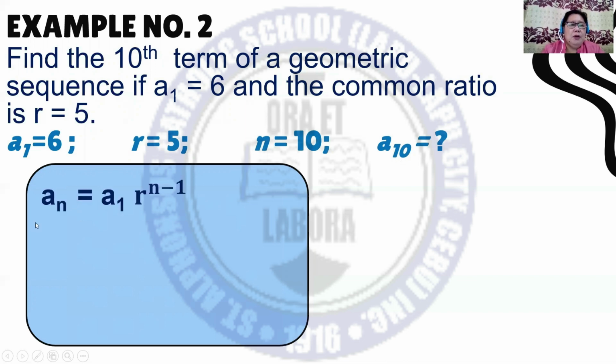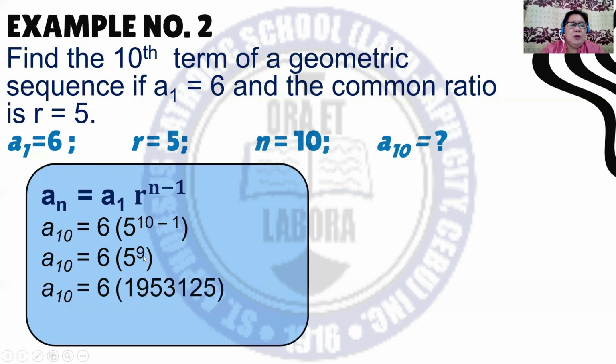So using the formula, a sub n is equal to a sub 1 times r raised to exponent n minus 1, a sub 10 is equal to 6 times 5 raised to exponent 10 minus 1. So a sub 10 is equal to 6 times 5 raised to exponent 9, and 5 to the exponent 9 is equal to